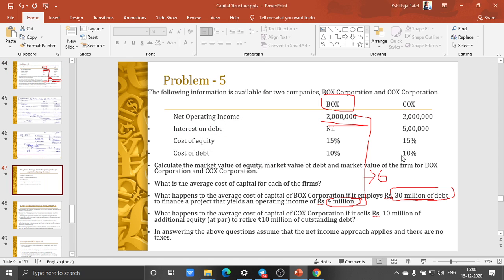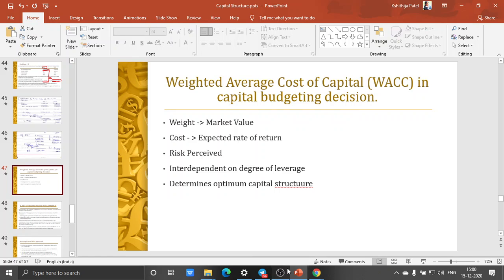Yes. I hope the net income approach was much easier than you had thought. It was easy when we explained. It was easy when we saw the questions along with the answer. But it became difficult when the question was given and I myself had to find the answer for it. Yes. Now you can take